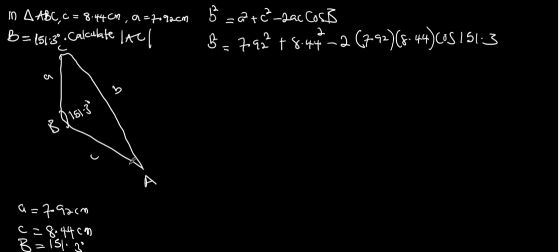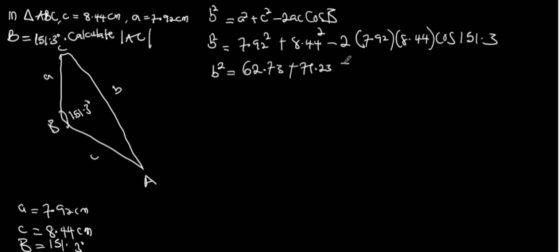Now, our B squared is equal to 7.92 centimeters, 7.92 squared is 62.73, plus 8.44 squared is equal to 71.23, minus 2 times 7.92 times 8.44